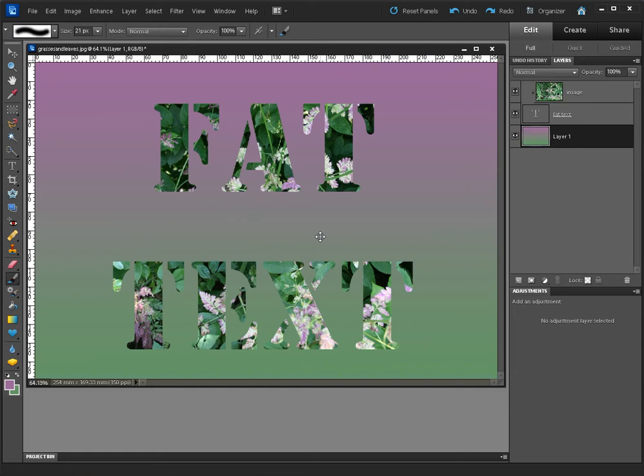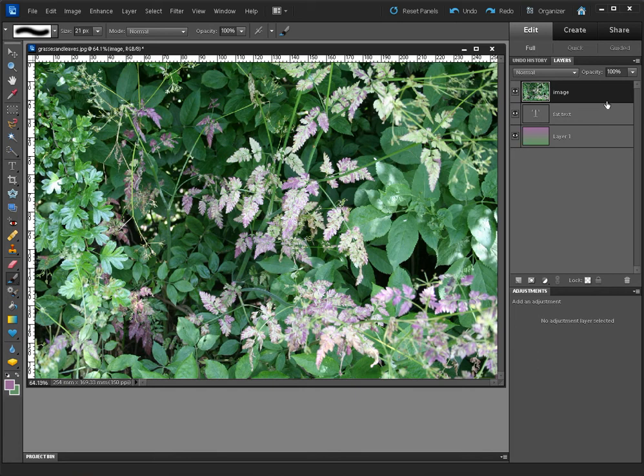The shape you use doesn't have to be text. I'm going to unclip the image from the text layer by again holding the Alt key down and moving the mouse until I get the double circle symbol and releasing the mouse. Next, I'm going to delete the text layer and I'm going to switch off the gradient. Now I'm going to create a new blank layer beneath the image,